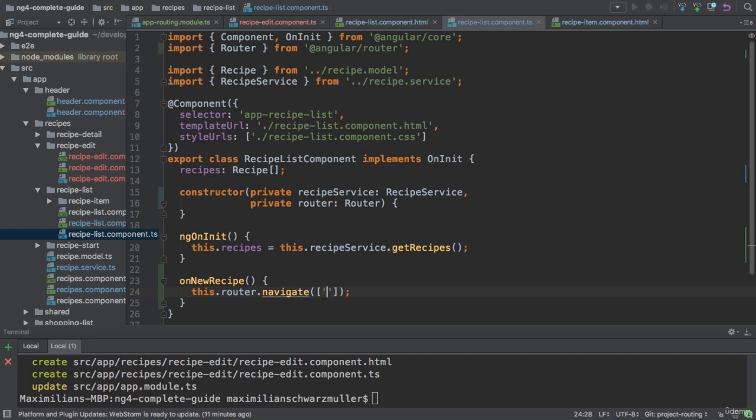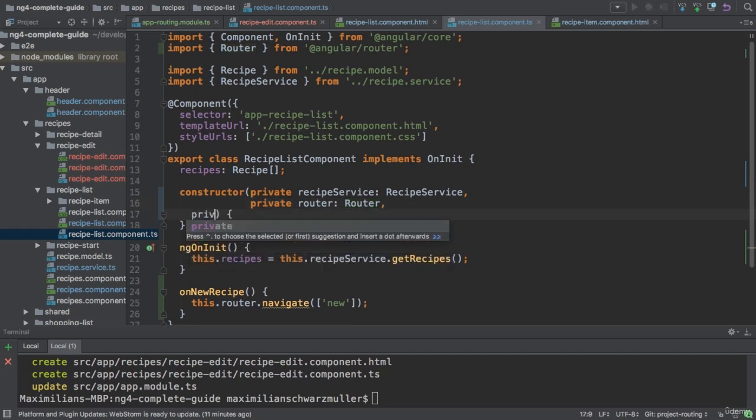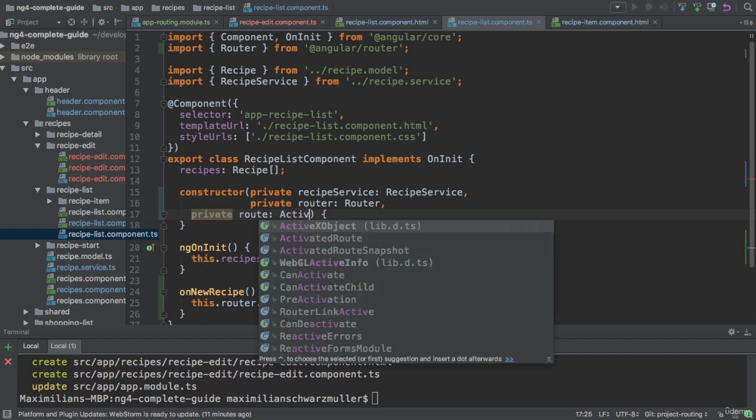So I can use a relative route and simply add new to it. Now, to be able to use a relative route in the navigate method though, we also need to inform the router about our current route. So let's inject this too. Here the route, of course, of type activated route